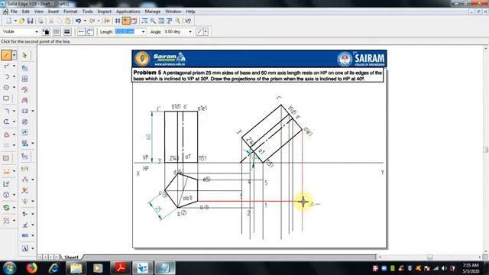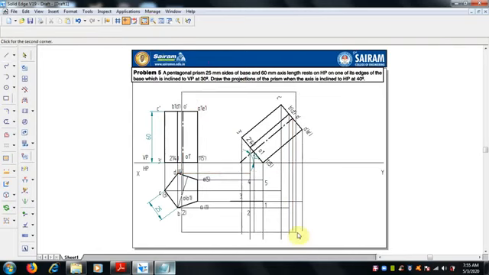So A and A where it gets meet, and B, C to C dash, D. You can stop where it meets.